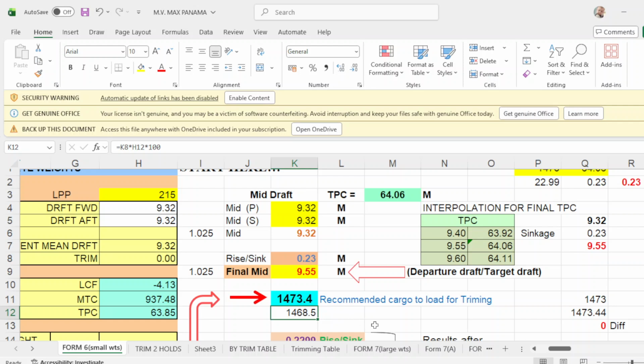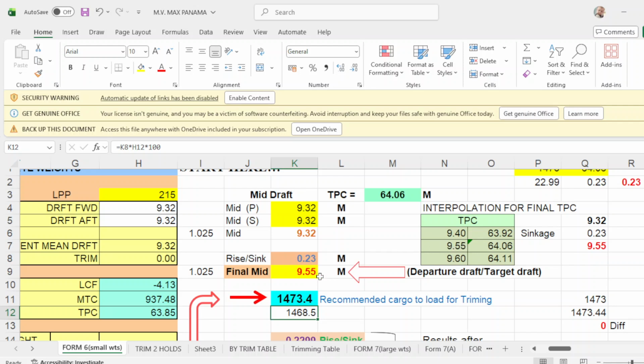Take note, when I use this TPC of 63.85, the value is 1468.5. But if you use this final mid drop, you have to interpolate this TPC. So what is the TPC of 9.55, your departure drop? You interpolate the TPC, and that will be 64.08. Why would I use this TPC of the final drop?